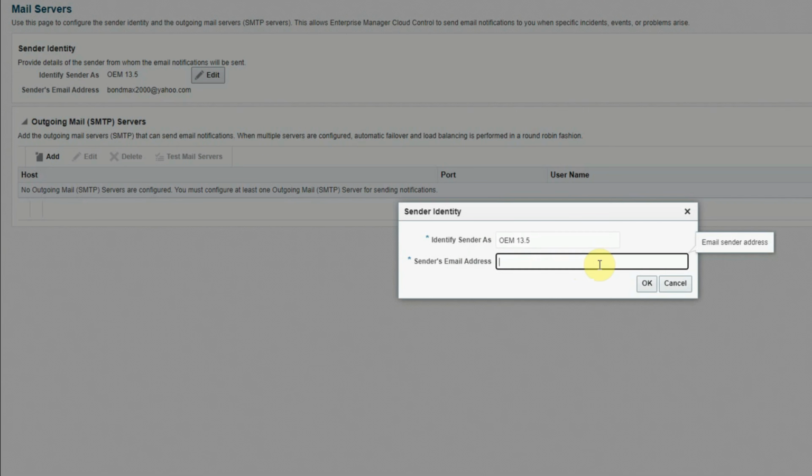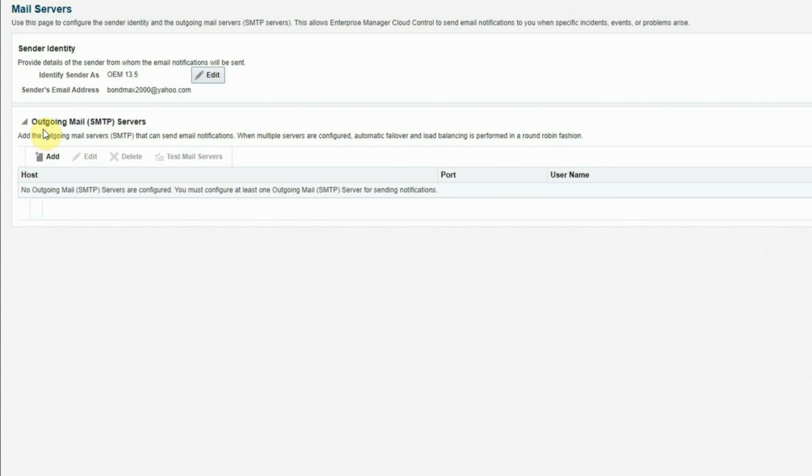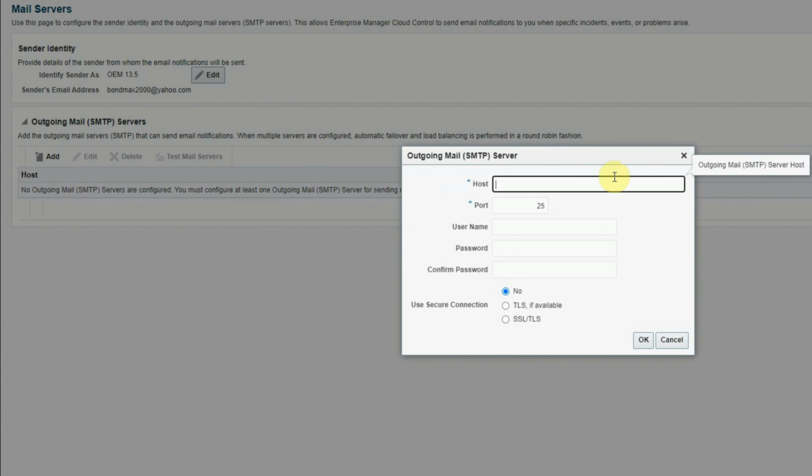But if this is your learning environment, your server may not have an email ID because you don't have an email server. In that case, we are going to use our personal email ID as the sender because we have to put a valid email address here. Then click OK. In the next section, that is the outgoing mail or SMTP servers, we will click to add the Yahoo SMTP server here, which is